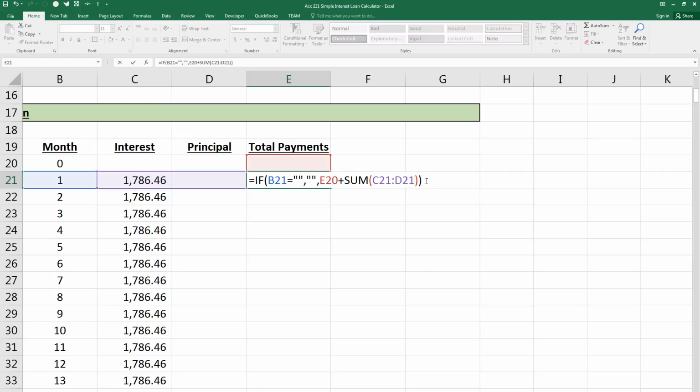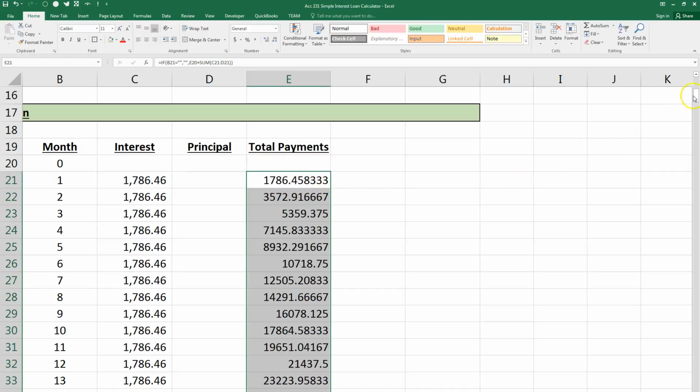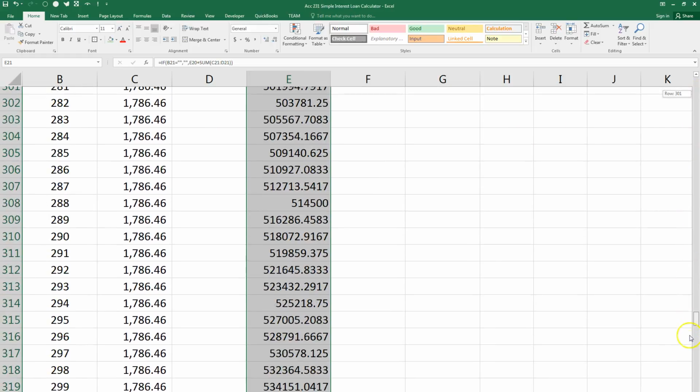Okay. The reason we use the sum is because the principal column has a blank text in it. Now, you say, well, Brother Watkins, this month 0 is blank as well. It's totally blank. It doesn't have anything in it, so it's not going to cause a value error like having 2 double blanks will here. Okay, and as far as we go down on this total, there's always going to be a number. When I double click this, it's always going to have a number all the way down to the bottom,